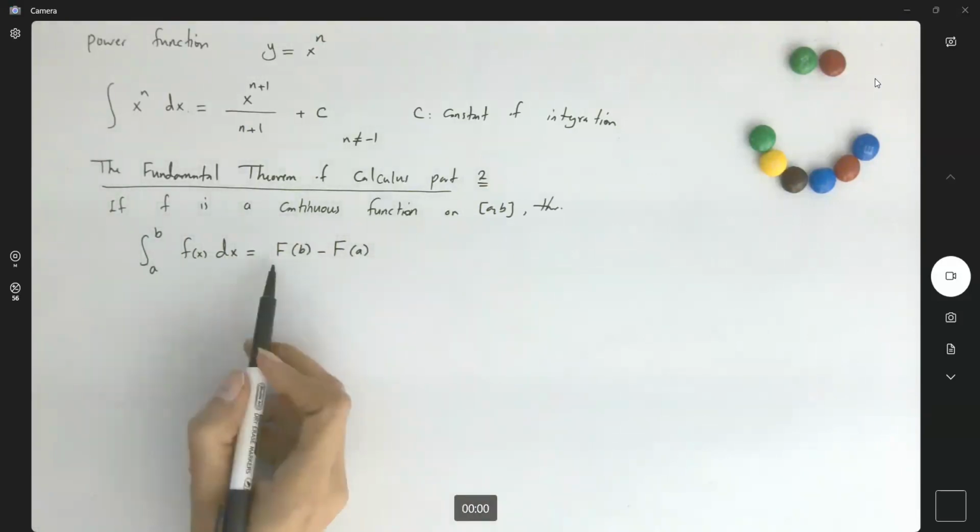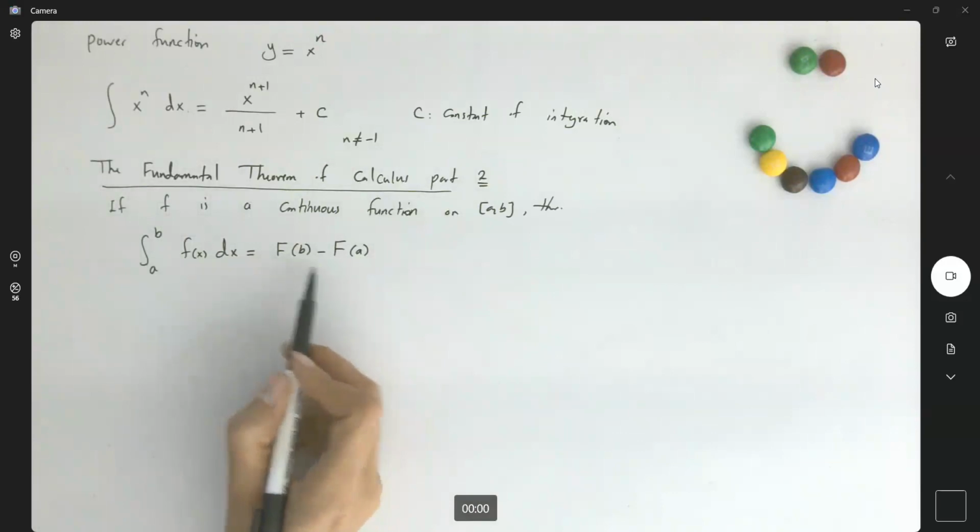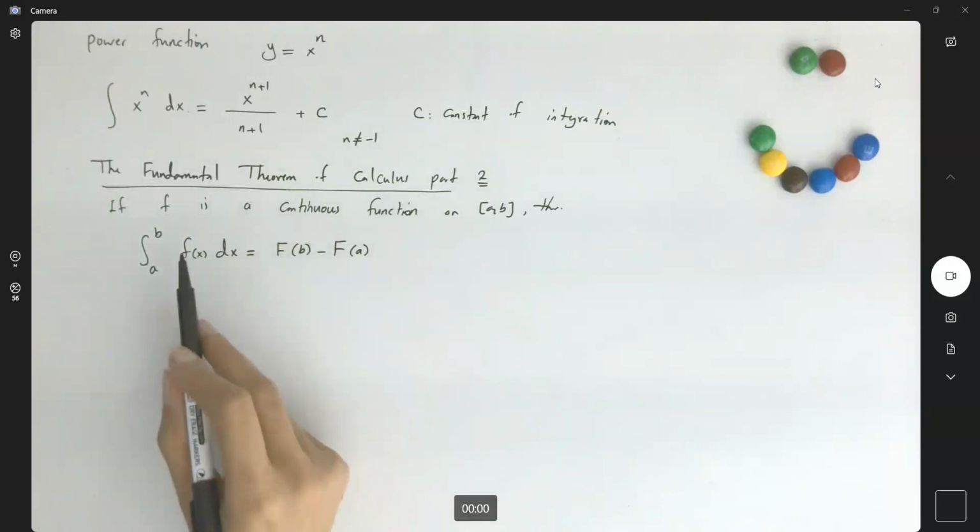What is this F? F is just any antiderivative of function f,